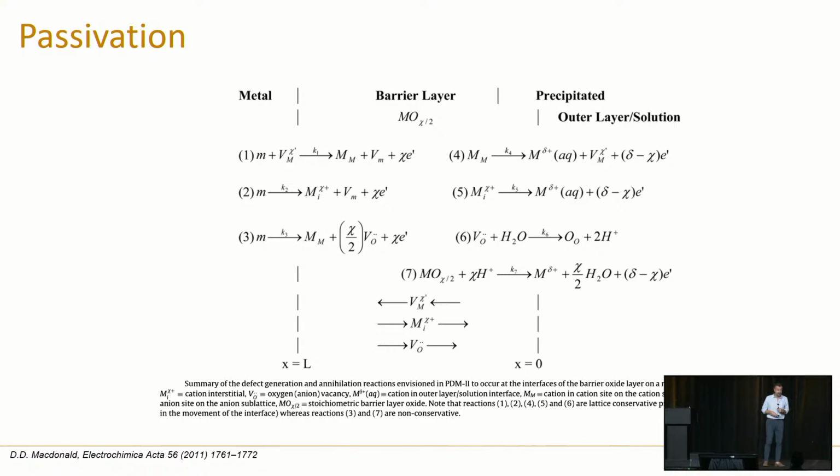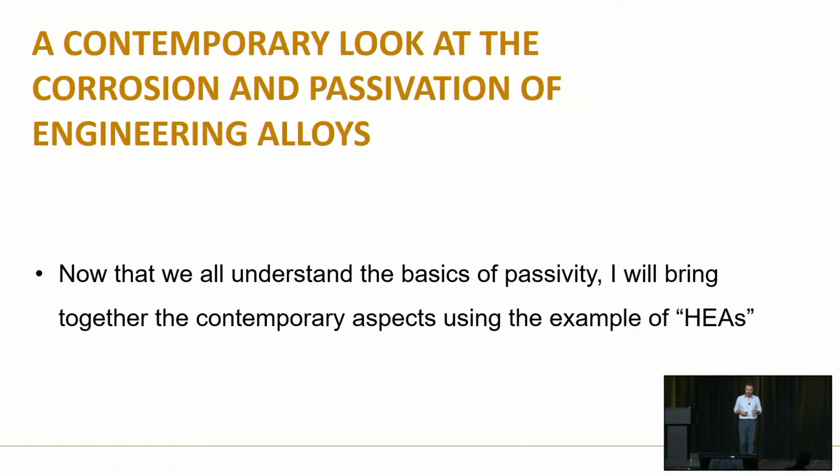So it's now about 40 years old or so. And he put together a series of conservative equations with two that are not conservative equations, 3 and 7. You don't need to know these equations, but this one relates to the rate of change of the metal barrier layer, the metal oxide interface, and then this one is an oxide liquid dissolution. So these are the non-conservative ones. And this was a hypothetical scenario, and the techniques to prove whether this is the case haven't really existed until recently. So anyway, now you're all experts in passivity with that little bit of background.